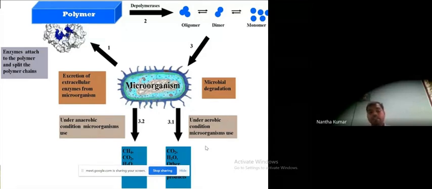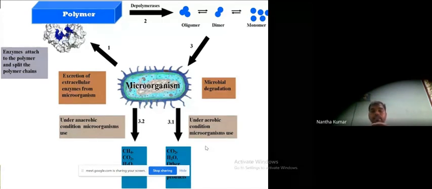An integrated method can be applied, or a group of bacteria can be applied as a consortium, so that each bacterium has its own enzyme secretion mechanism, so that we can target and degrade the hydrocarbons completely.